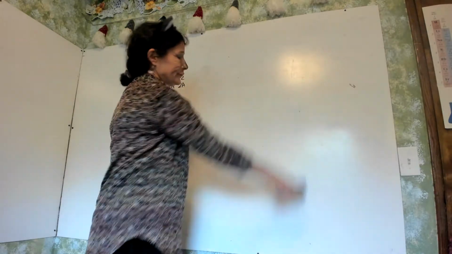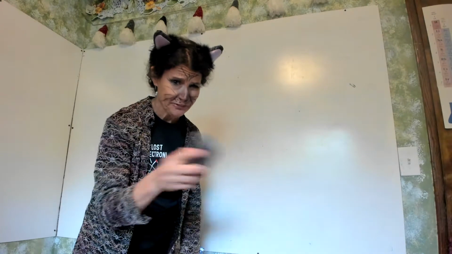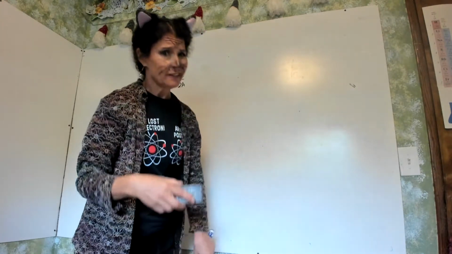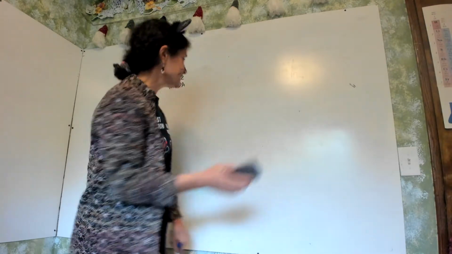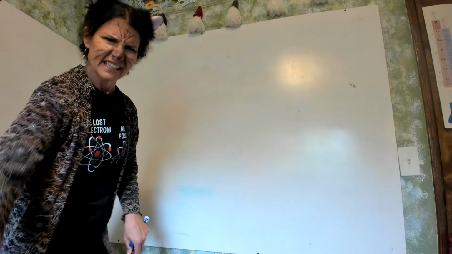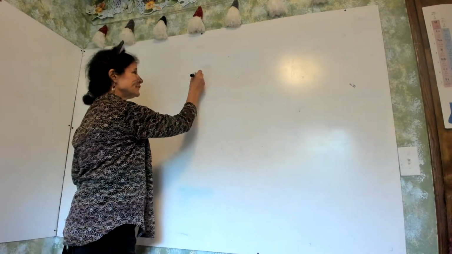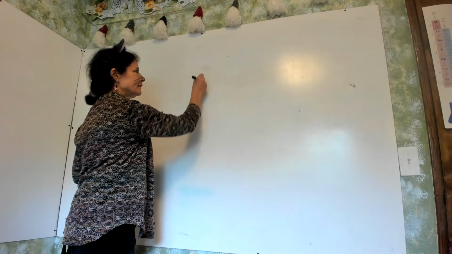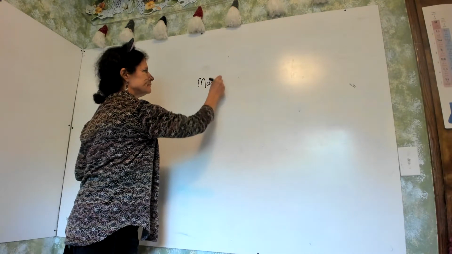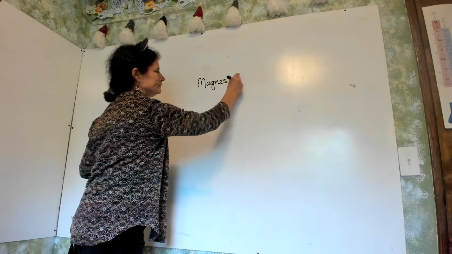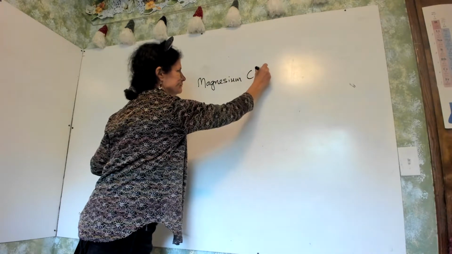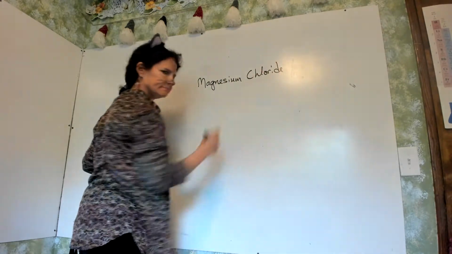To tell you the truth, carbon and silicon prefer sharing electrons, so we're really not going to see them as ions. Let's just move on. So, what if you had magnesium chloride? Well,